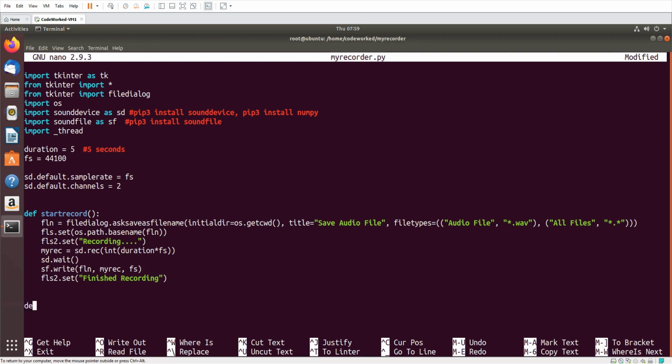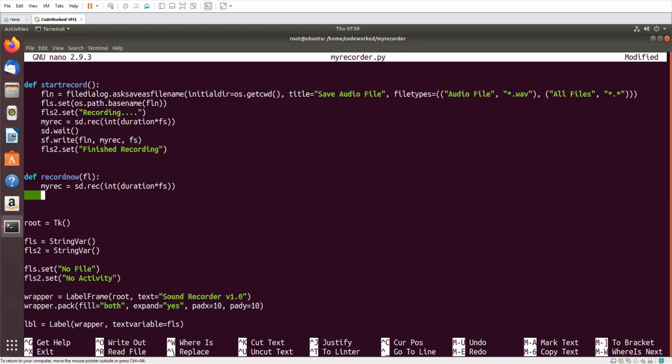I'm going to make another function, record now. And here I will need the file name, so fl, and now here I will use my rec, sd.rec, int duration, fs. Simply I'm moving this code to the next function.